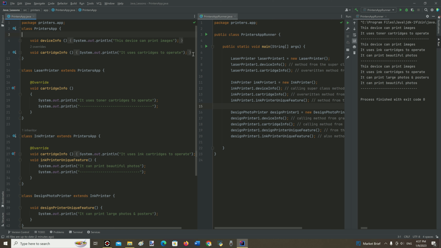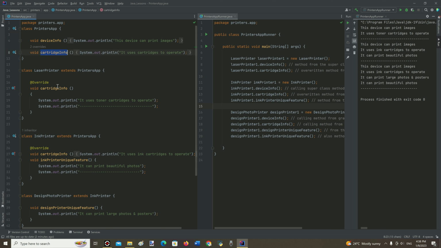And finally, I would like to introduce a new, more understandable definition of the difference between method overloading and method overriding. The definition is the following. In both method overloading and method overriding, the name of the methods remains the same.